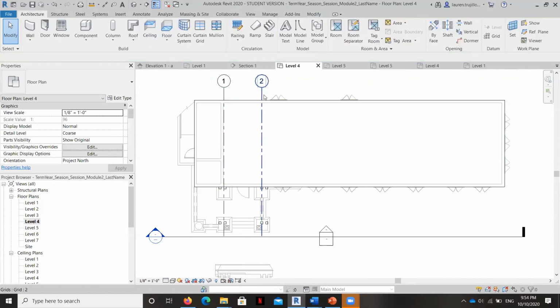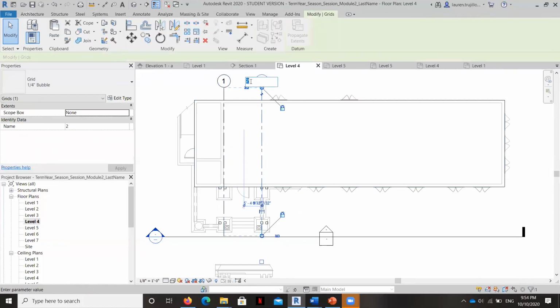And grid lines are also used to indicate a quadrant of a building. So I can repeat these 1, 2, 3, 4, 5 all the way across the building and down this way so that if I need to direct somebody to an object, I can say, well, it's in the quadrant 1A. So what I'm going to do is place a couple more grid lines and then show you a screenshot so that you can mimic both the location of the little columns here and the grid lines here. Okay? Now remember, all you have to do to change the contents of a grid line is to double click on the inside and overwrite and hit enter.